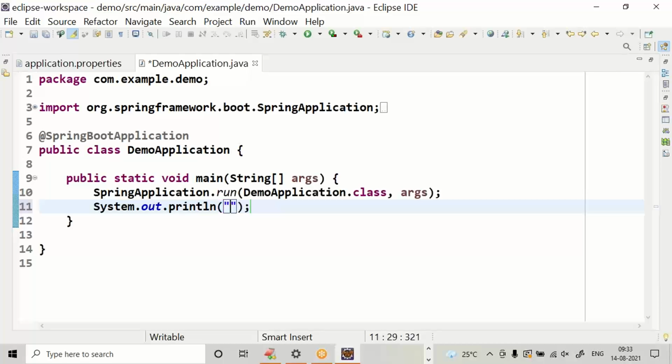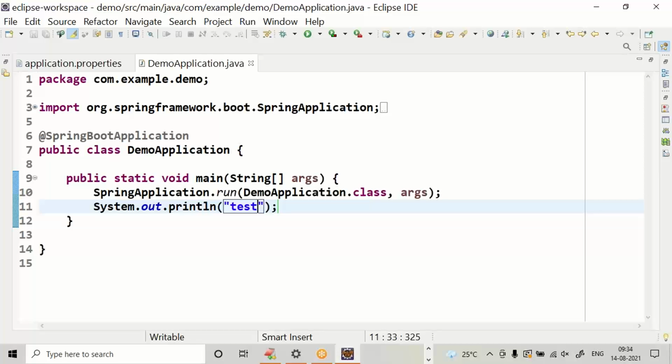I am providing a test. Save the program. Try running.